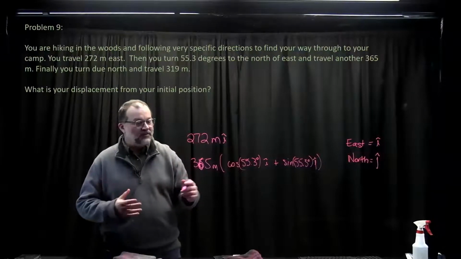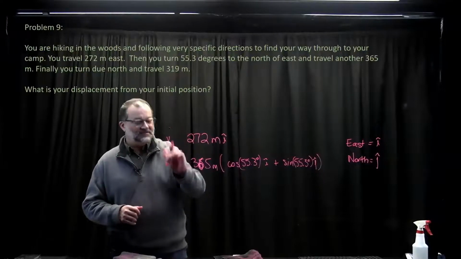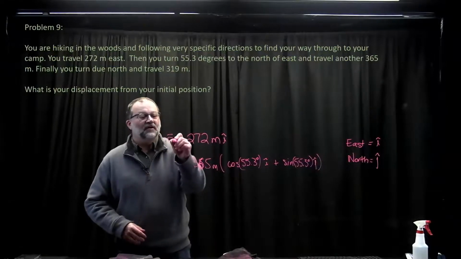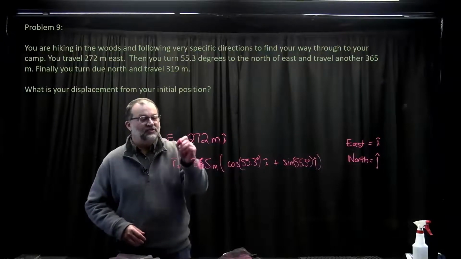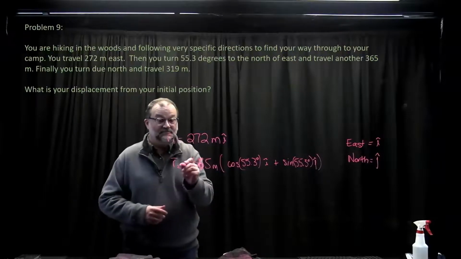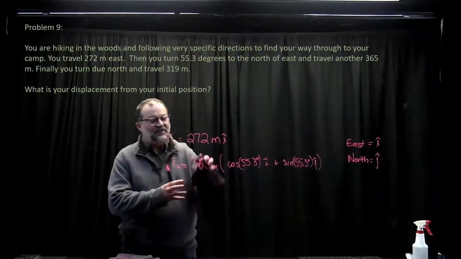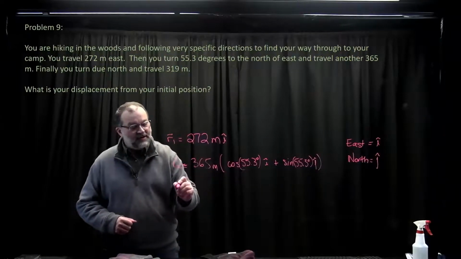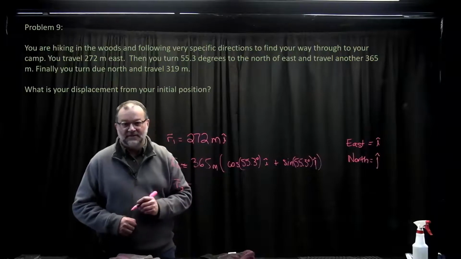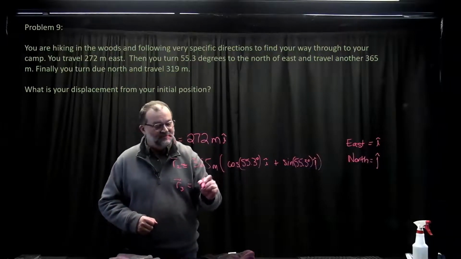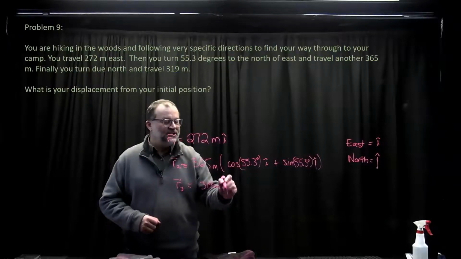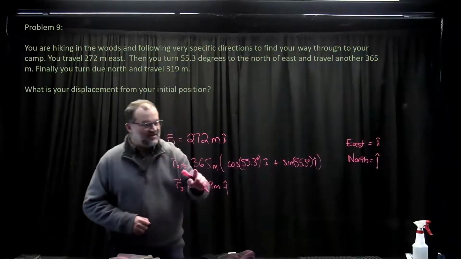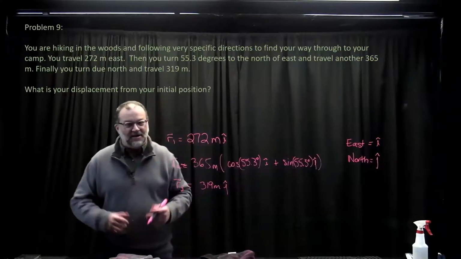And then you turn north, the last step, right? I'll call this R1, R2. R3 is straight north, 319 meters J hat. So all you have to do is calculate these, multiply that through, you add up all the I pieces,